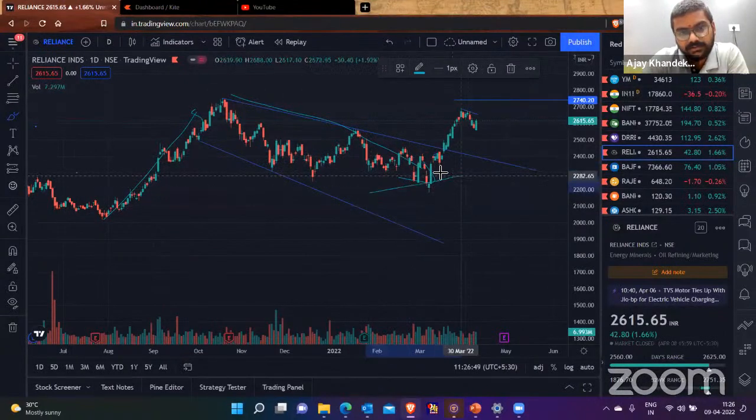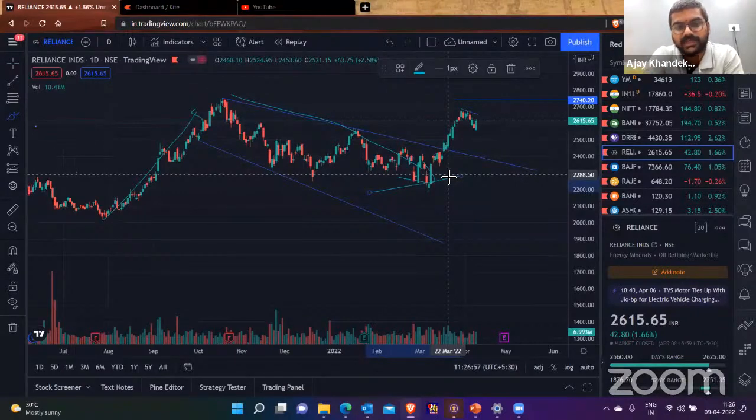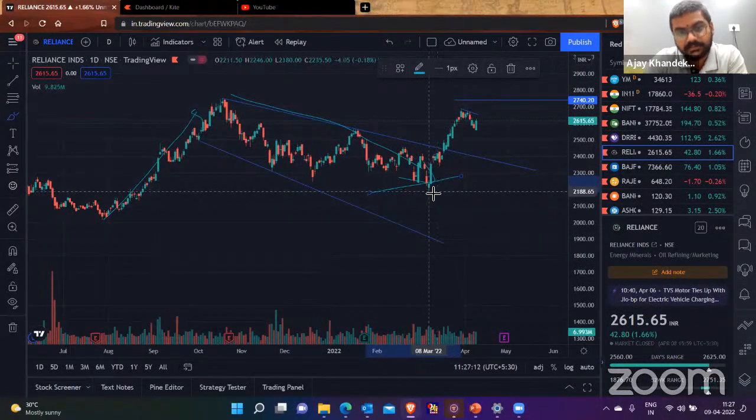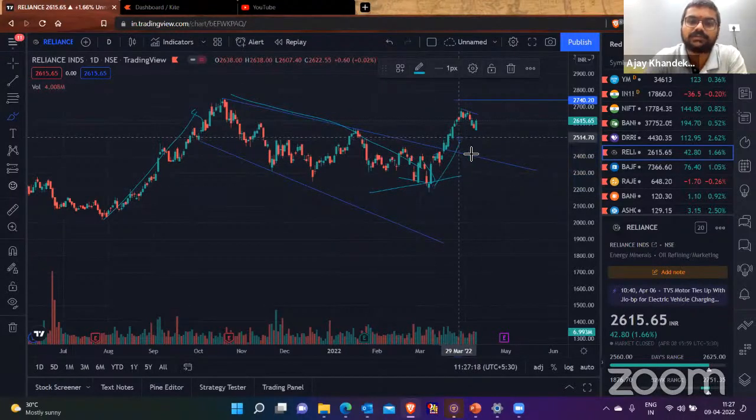But in this session you see a sideways trend. Sideways means the market doesn't go up or down, it's just in a parallel zone, what we call a distribution zone. It's not having any decision due to circumstances affecting the market. From this it made a demand, a support over here, and from here it again took an upside.